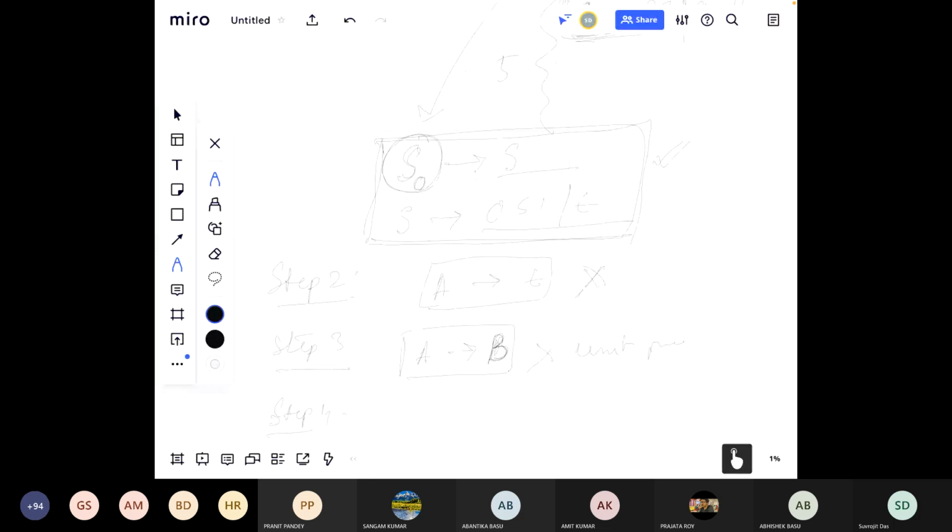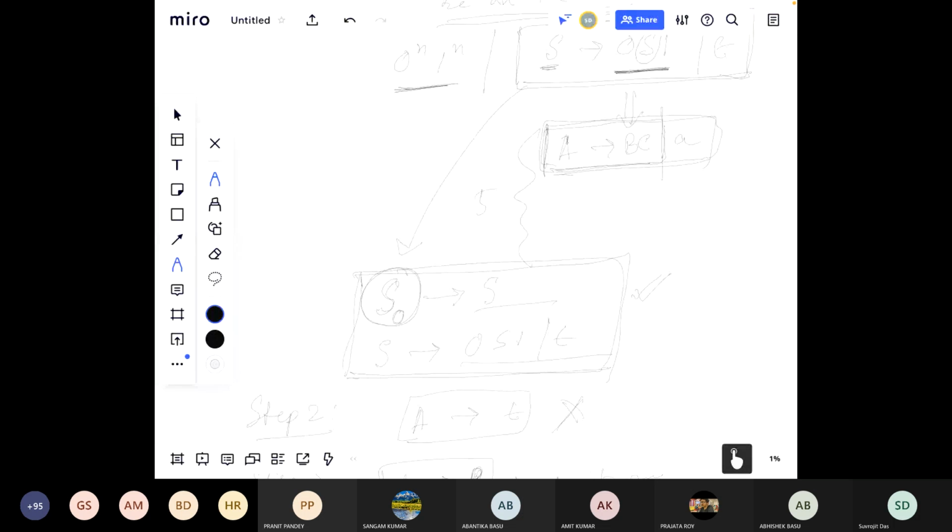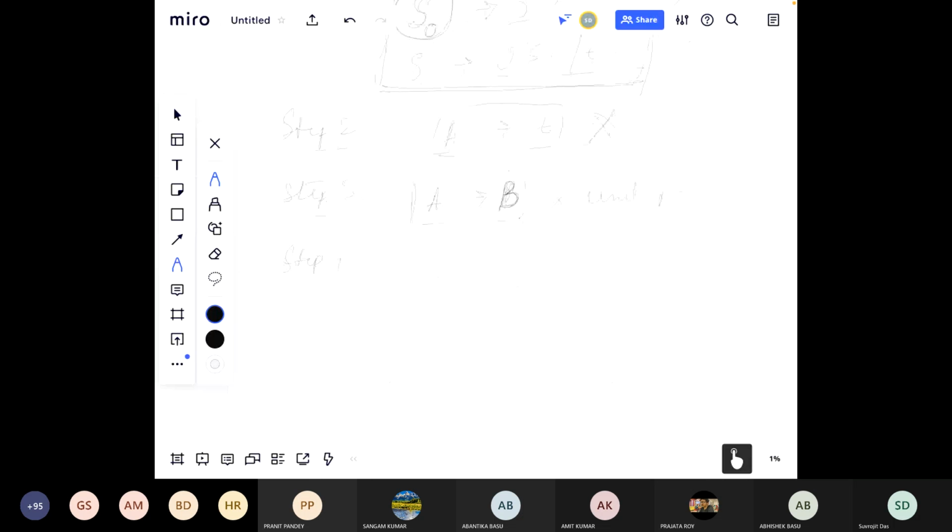Step 4 is, see, your Chomsky normal form allows only productions of this form. The left hand side is one non-terminal and the right hand side is two non-terminals side by side. So what are the other cases? One case is epsilon should be removed. One case is unit production should be removed. Another case is you can have more than one